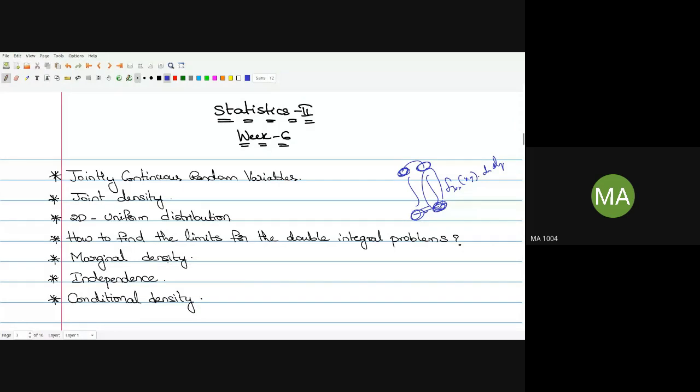And then after that, we will look at marginal density, independence, and conditional. Everything was of discrete only, so there it was marginal probabilities, conditional probabilities, independence between two discrete random variables. Here also it is the same thing, same formulas, but the only change is that we are looking at continuous random variables. There is no table now. We will not have any joint PMF table. Everywhere it will be integrals.